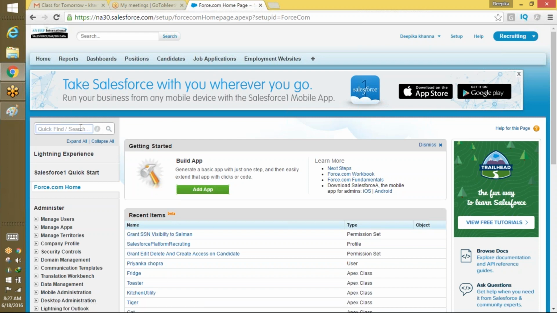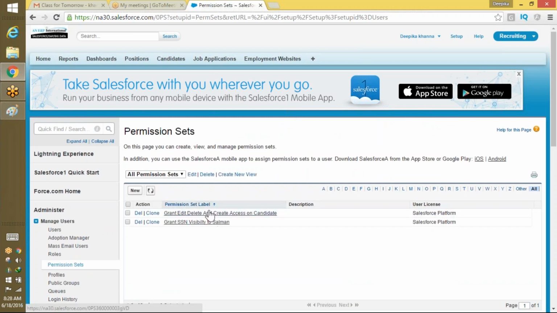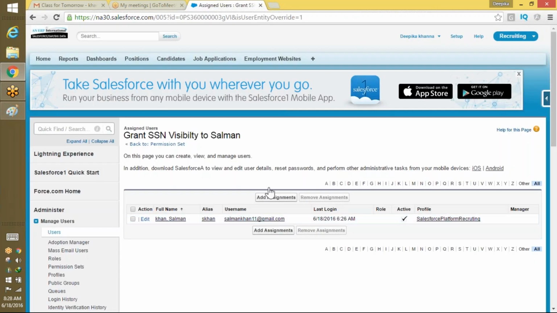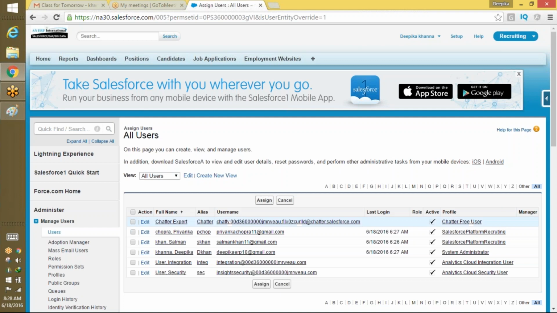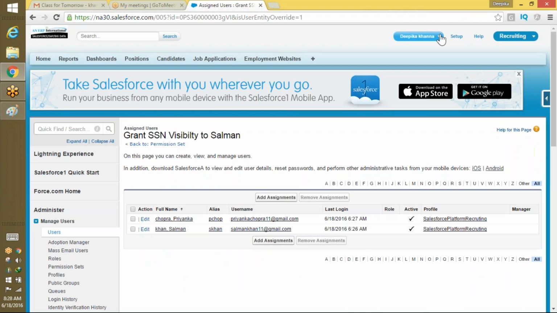I'm going to go back and go to the permission set section. Okay, and this SSN visibility, I want to go to manage the assignments. Right now it is on add assignments. Okay, and I'm going to give it to Priyanka. So I'm going to give this particular permission set to Priyanka as well. So now if I log out